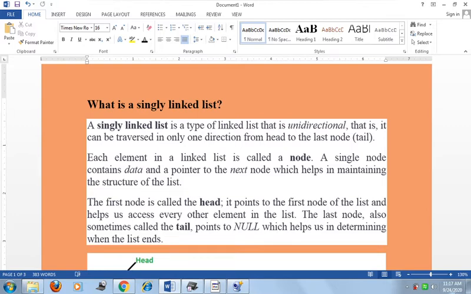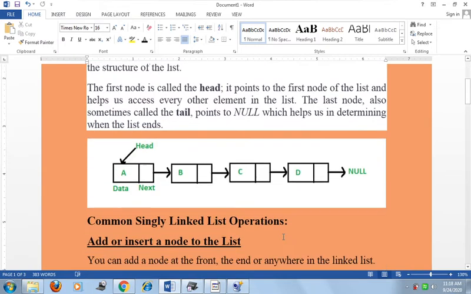It points to the first node of the list and helps us access every other element in the list. The last node, also sometimes called the tail, points to null, which helps us determine when the list ends. So friend, this is the pictorial representation of a singly linked list.